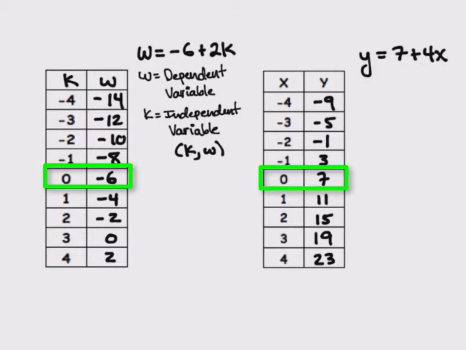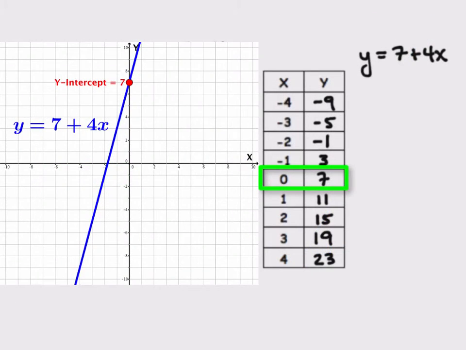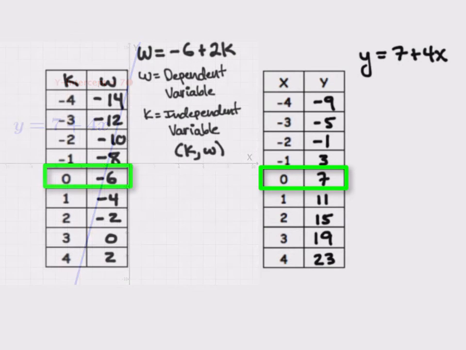And this tells us that when we graph these later, -6 is going to be the w-intercept for our first graph, and 7 is going to be the y-intercept of our second graph. So one more reason that this ordered pair is so important, but also really easy to find with this form of the equation. For our first equation, note that every time our input goes up by 1,